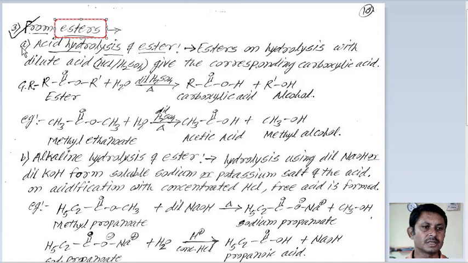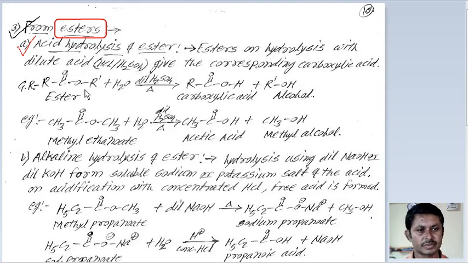There are two methods. Number one is acid hydrolysis of ester. Esters on hydrolysis with dilute acids like HCl or H2SO4 give the corresponding carboxylic